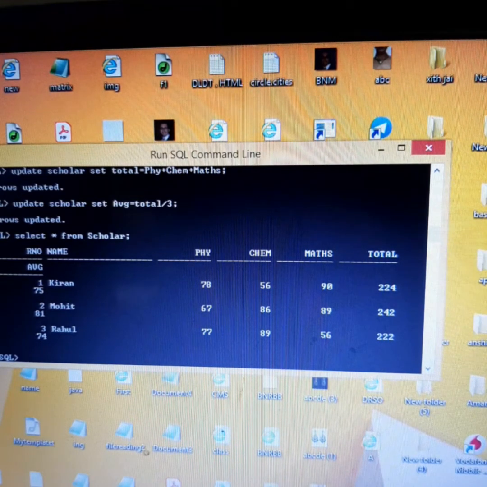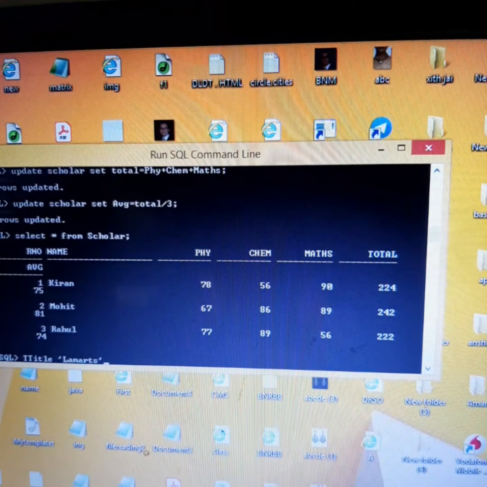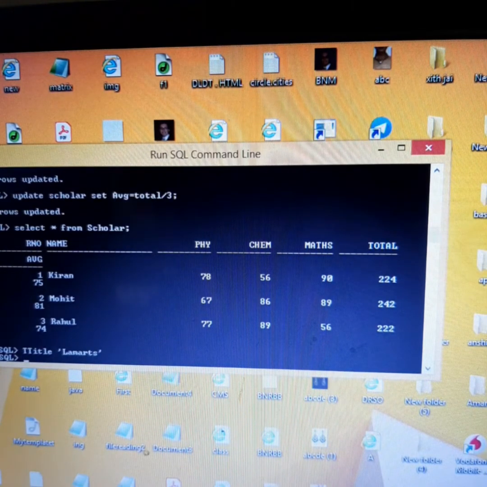If I want to give a title to this report also, I can write here T title, and suppose this is a school's name, suppose I am saying Lamarts, and B title means below the report, the base title. So B title I can write made by CCT.